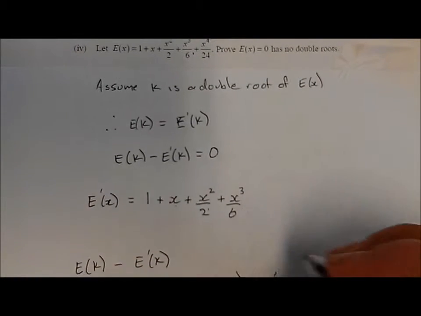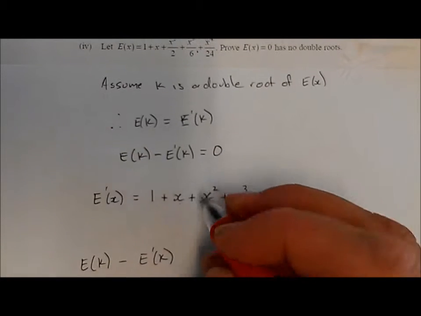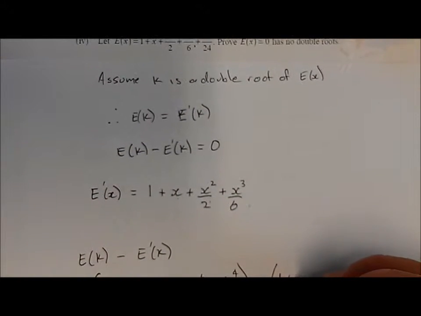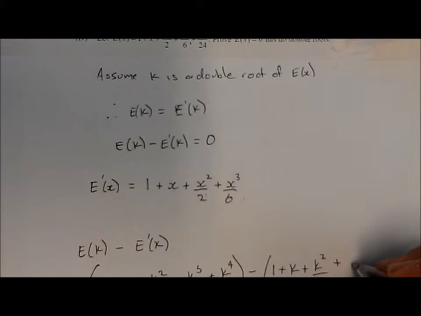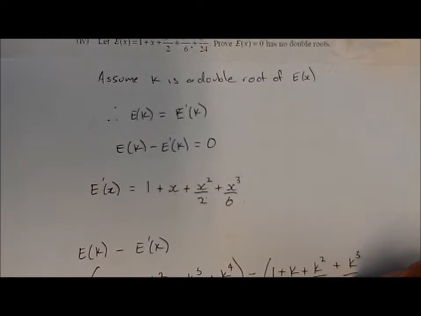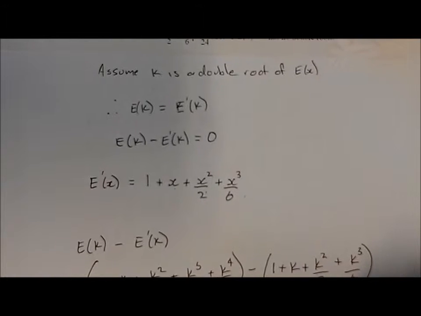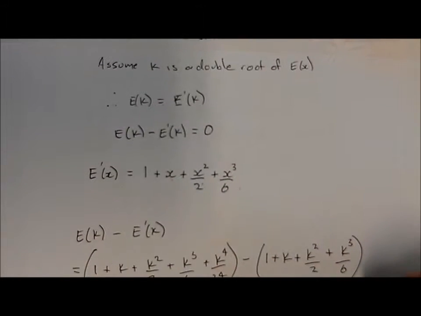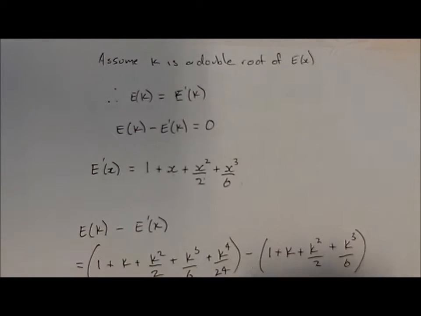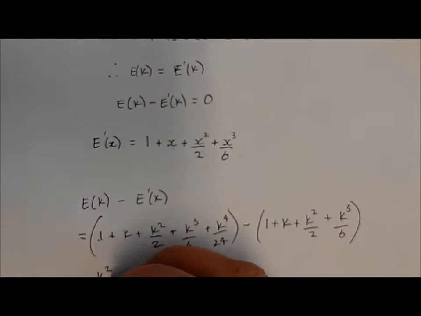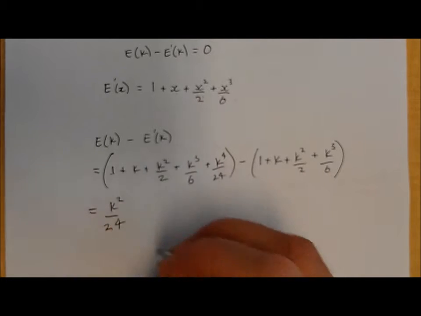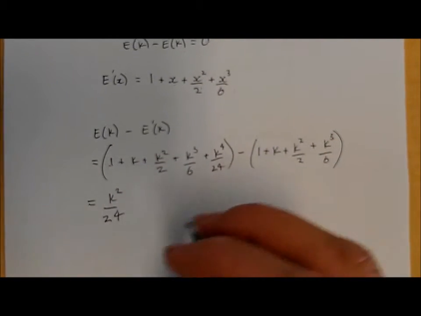All take away e dash of k, putting k in here, 1 plus k squared on 2 plus k cubed on 6. And that is equal to, if you do that, subtract them out, you get k squared on 24,